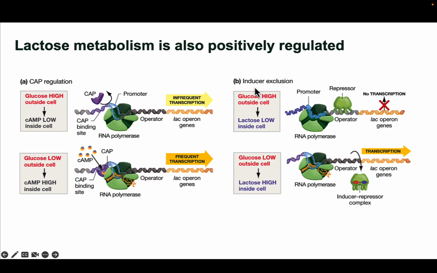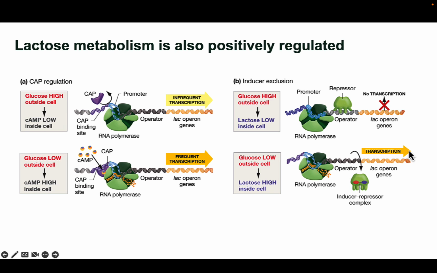One more additional way of regulation, and this actually isn't positive regulation, is inducer exclusion. In this pathway, if glucose is high outside the cell, we have our repressor bound, and lactose is low inside the cell. The inducer, remember, is lactose. So we're making sure that no lactose is coming in when the glucose is high. When glucose is low, however, we're going to bring lactose into the cell because of the receptor, and that's going to allow the lactose to bind to the repressor, and it's going to release from the operator,